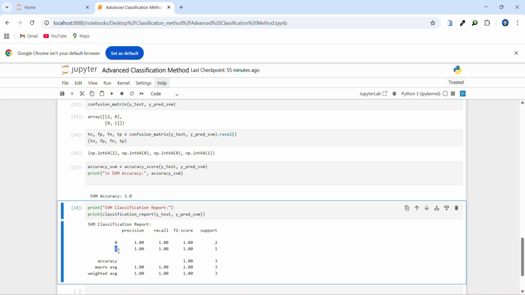And for purchase, precision 1.0, recall 1.0, and it means perfect. And for support, no purchase is 2 and purchase is 1, which is the sample size.